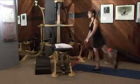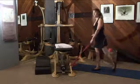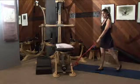And when you get really good at that, you can take one hand away, do it one-handed, right? You can move further away, add more resistance, and